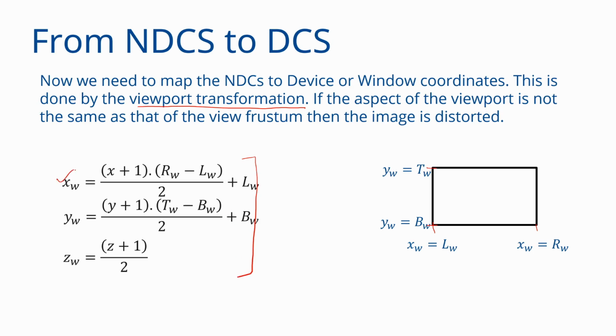It maps the X to the window coordinate. So this is now going to be a pixel coordinate. So XW is (X plus 1) times (RW minus LW) by 2 plus LW, and YW is (Y plus 1) times (TW minus BW) by 2 plus BW. Notice that it is counting the Y coordinate from BW, and Z is going to map to (Z plus 1) by 2. So X and Y become coordinates on the window, and we are still carrying the value of the Z coordinate with us, and this is very important.